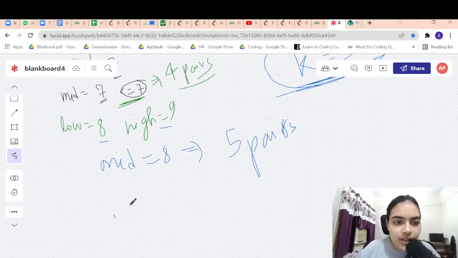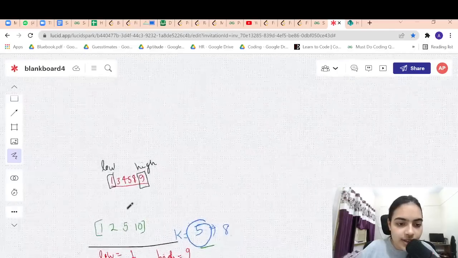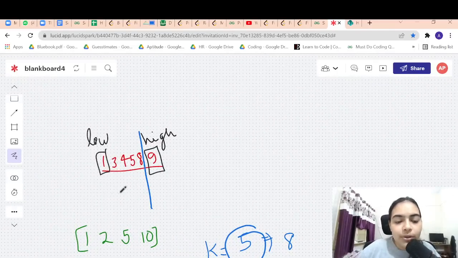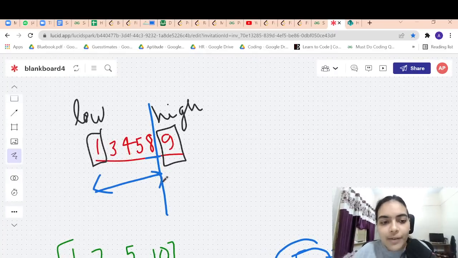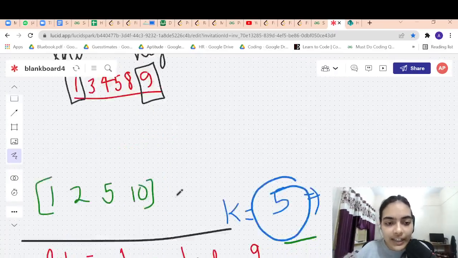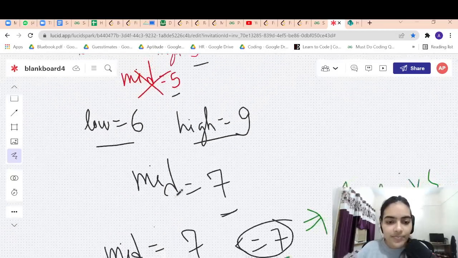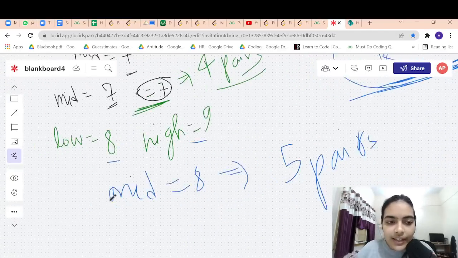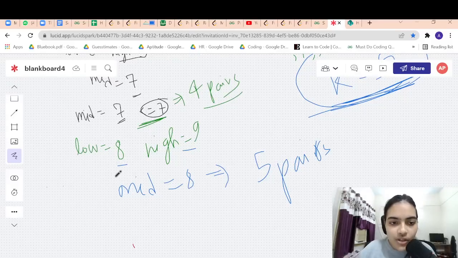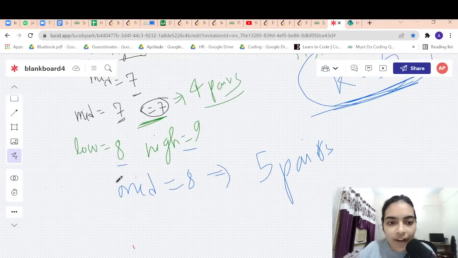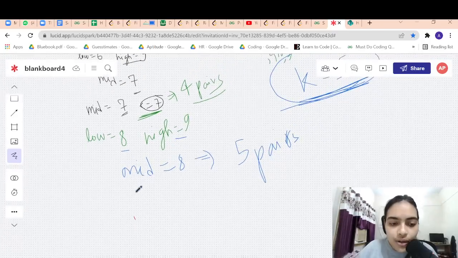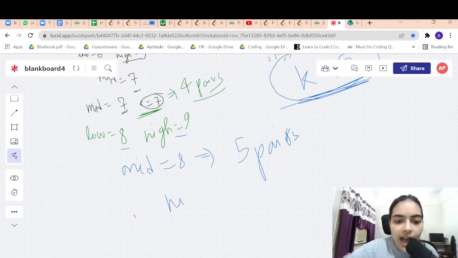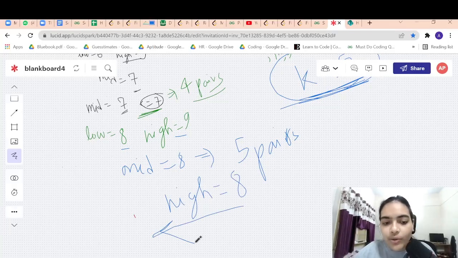Now in this case, let's look at it once again. Less than equal to 8, how many pairs did you find? You found 5. So 8 can be a possible answer. It need not be the answer, but in this case 8 is a possible answer, right? So in the earlier cases when we didn't find a possible answer, we incremented the low value. So in this case, you are going to keep 8 as a possible answer. So the high will become equal to 8. That means the answer will be less than equal to 8 only.